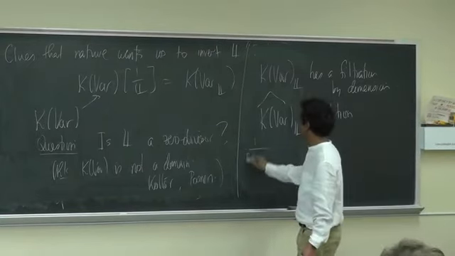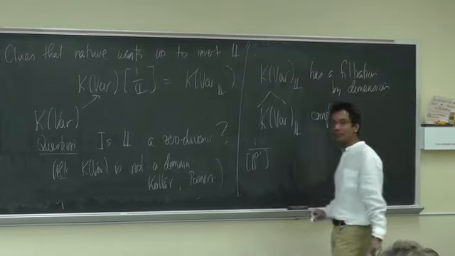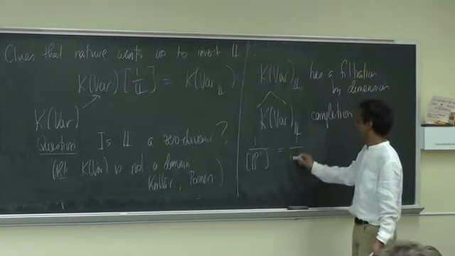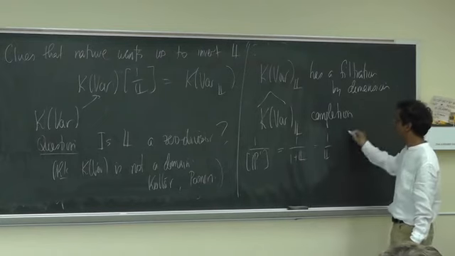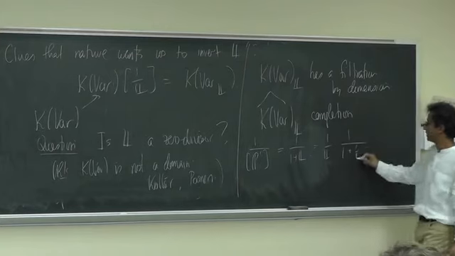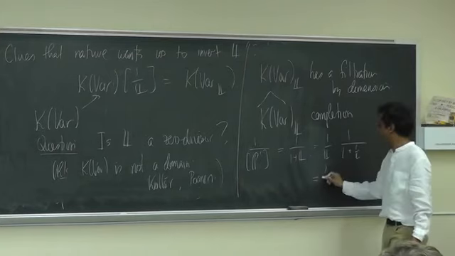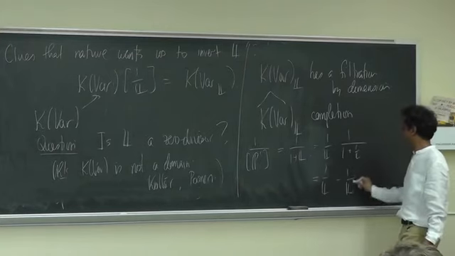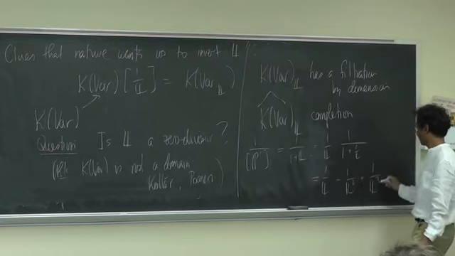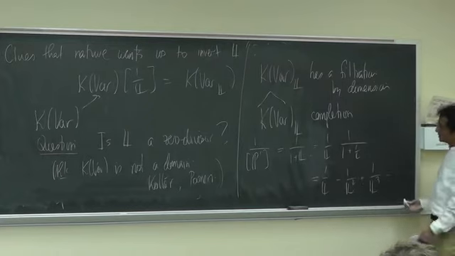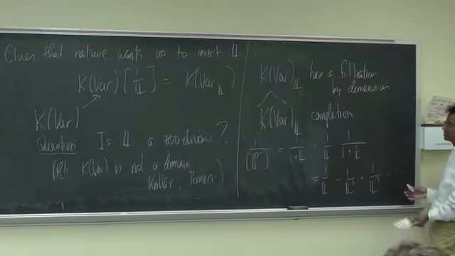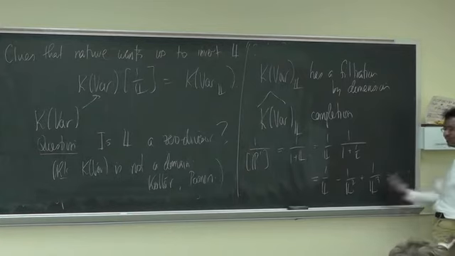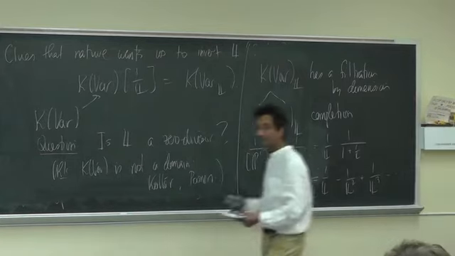I want to be able to write down 1 divided by 1 plus L. And so what I'll do is I'll say it's 1 over L times 1 over 1 plus 1 over L. And then I can invert this, and I get 1 over L minus 1 over L squared plus 1 over L cubed. And so all I'm doing is allowing myself infinite power series with increasing denominators in L. So this is the ring I want to work in. So it's like varieties, except now you're allowed to invert L and have infinite series in this sense.